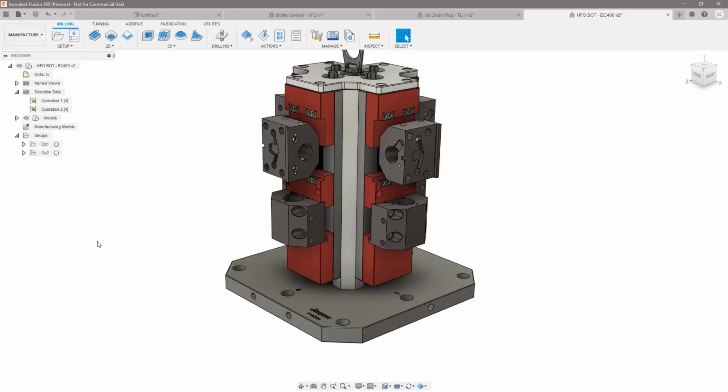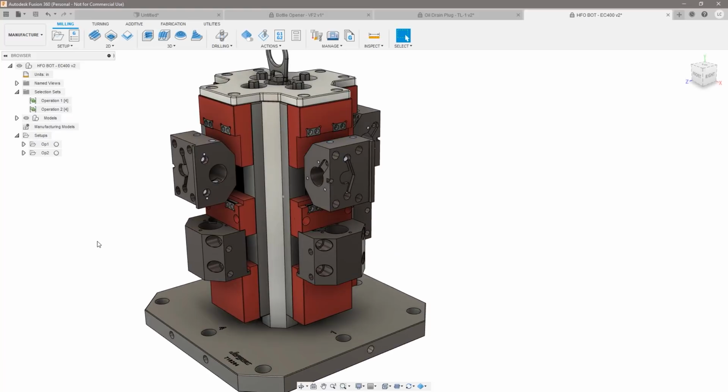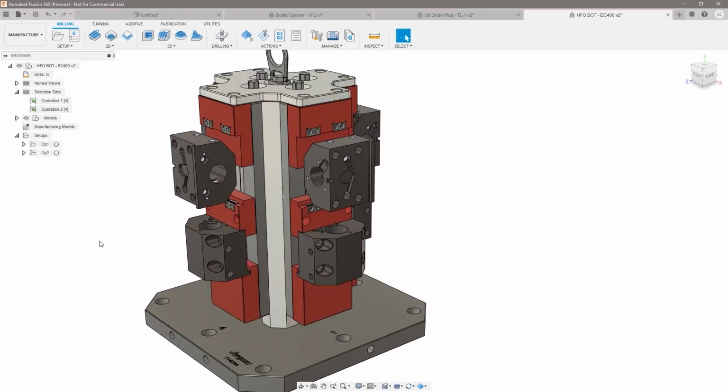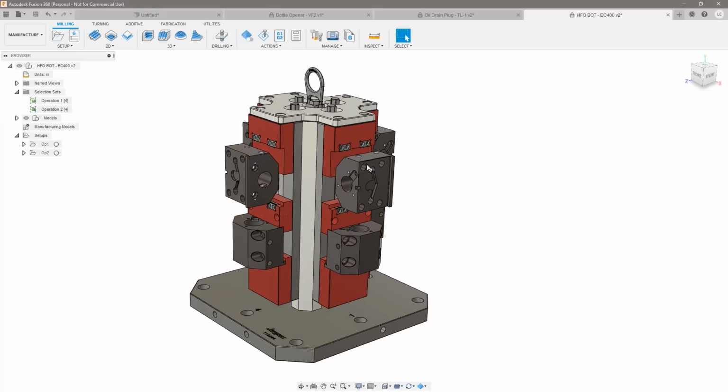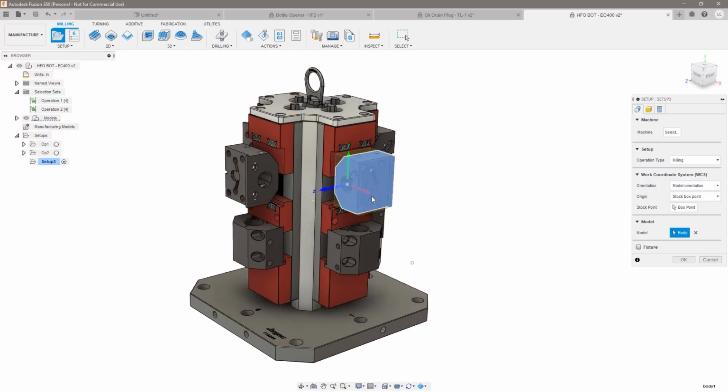This is the ultimate thing, but I know many of you guys will tell me that we don't always live in the perfect world. And sometimes we actually do the setups on the parts themselves. So let's do that. So what I'm going to do is create a new setup. And we're going to select the model we're going to machine. I'm going to select this part here as 1. And as soon as I do that, I get the